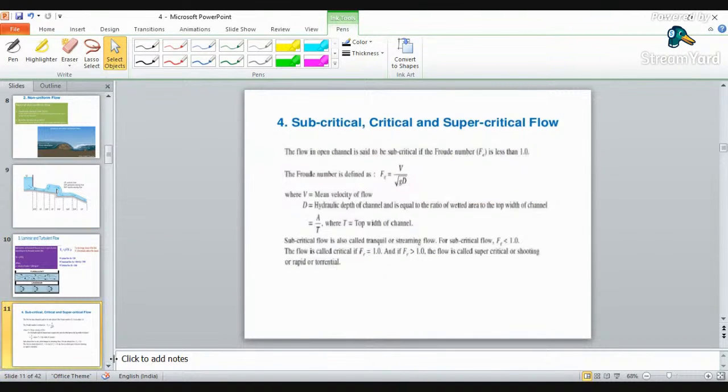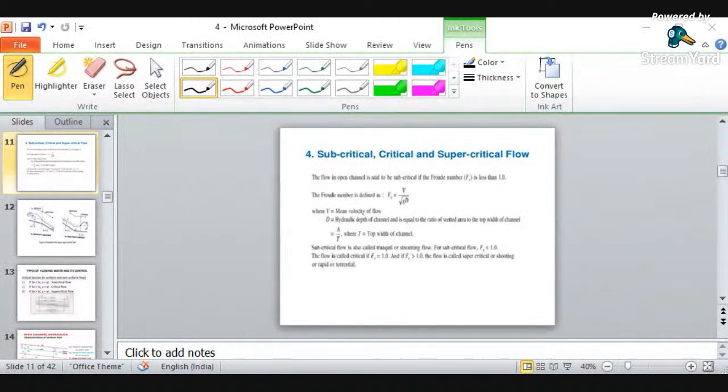Okay. Then there is the fourth type of classification, that is based on